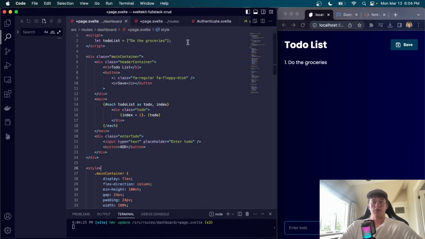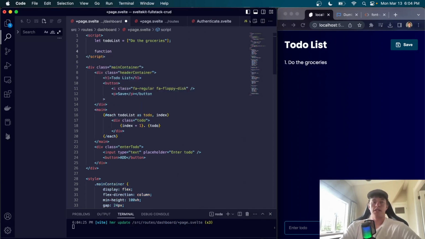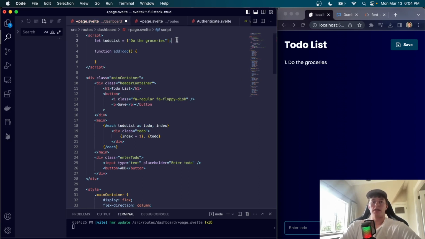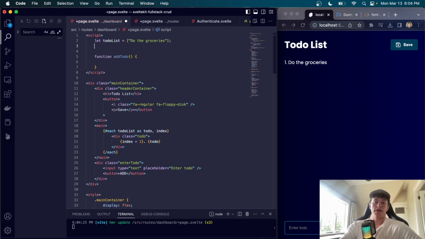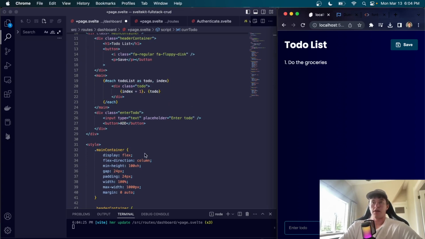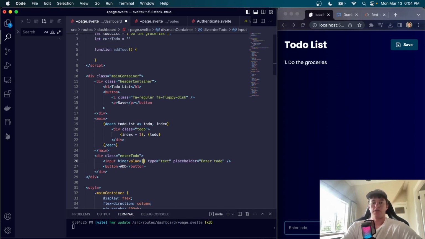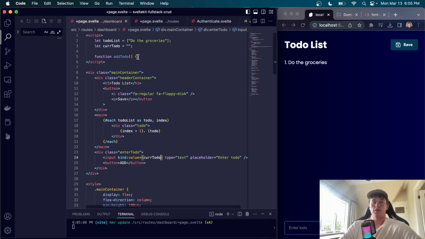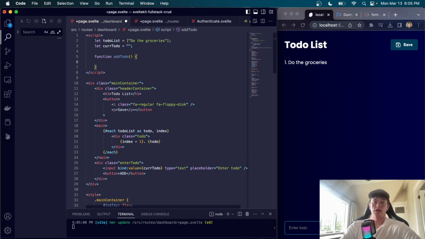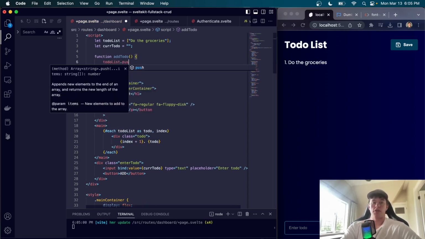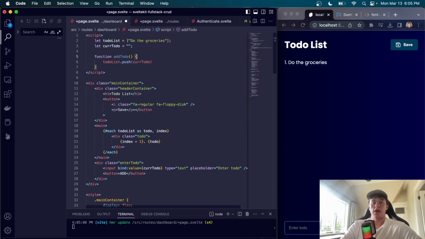We want to be able to define a function to add a to-do, so we'll just say function addToDo, open that up, and we'll also need a value, so we'll say let currentToDo equal to an empty string. And what we can do is bind the value of this input down here to that string very easily by just typing bind:value equals currentToDo. So now when we add the to-do, we can access currentToDo and we can push it to the list. So we can say toDoList.push the currentToDo,